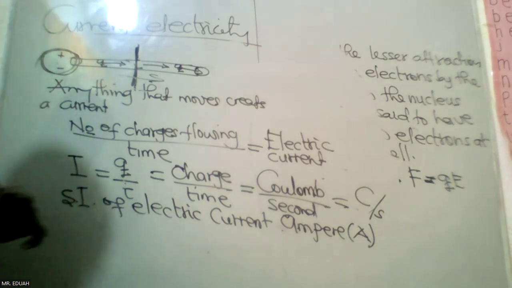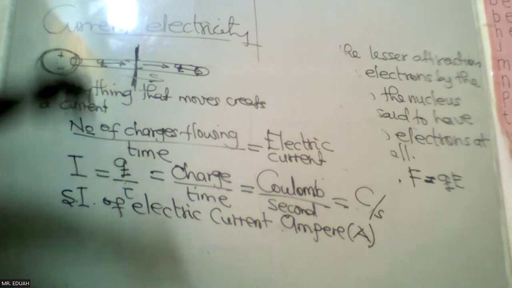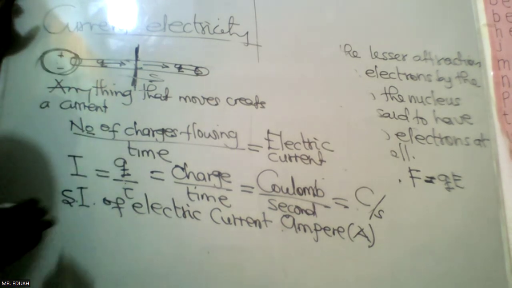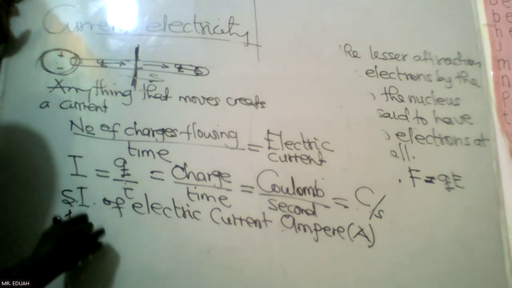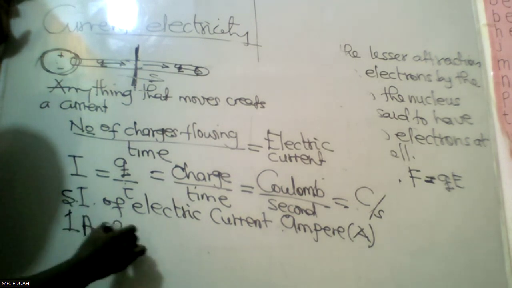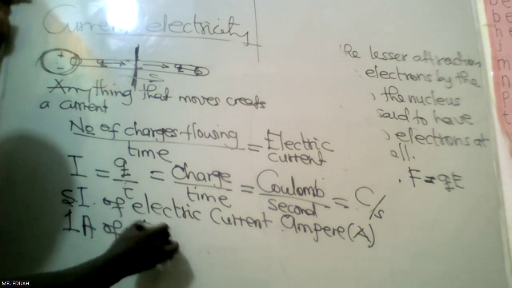Coulomb per second, SI unit ampere. 1 ampere of electric current